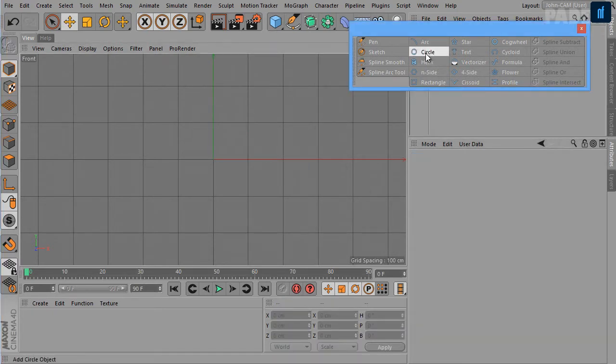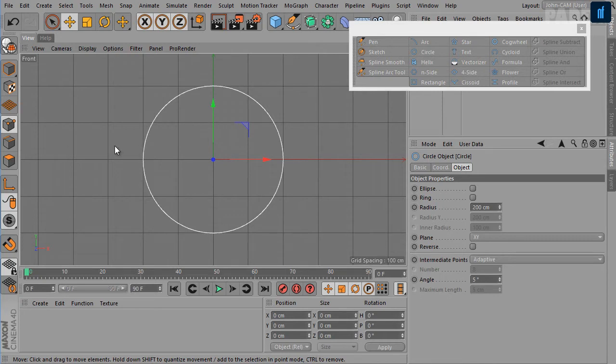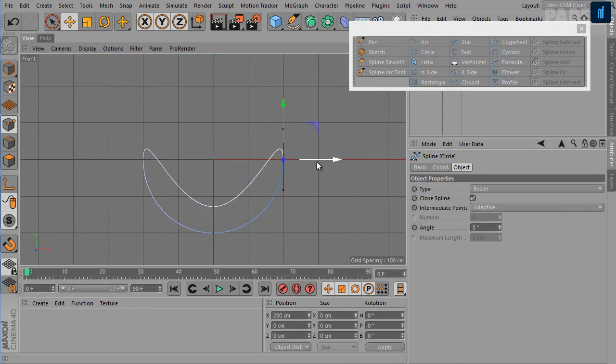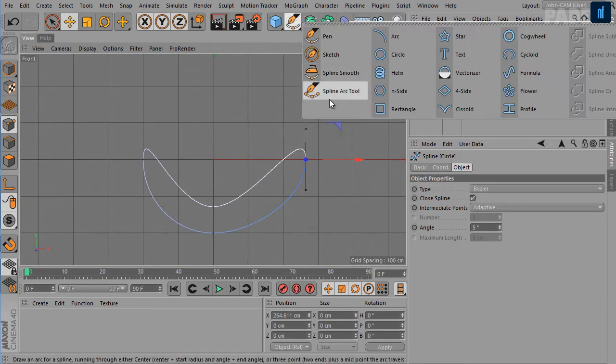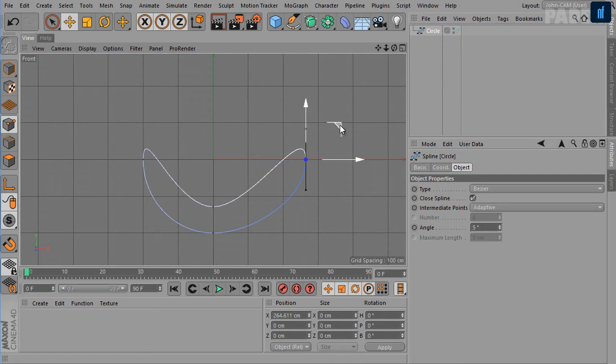Whenever you add a spline primitive, you can make it editable, because there are no points right now to edit this spline primitive. And if you enable the points mode from here, you will not get any points. So to make it editable, you have to press C on your keyboard or click on this button here. So now we have the points, and we can now manipulate these points using the transformation tools or the pen tool or the other tools listed here. We'll talk about these tools in a later video.